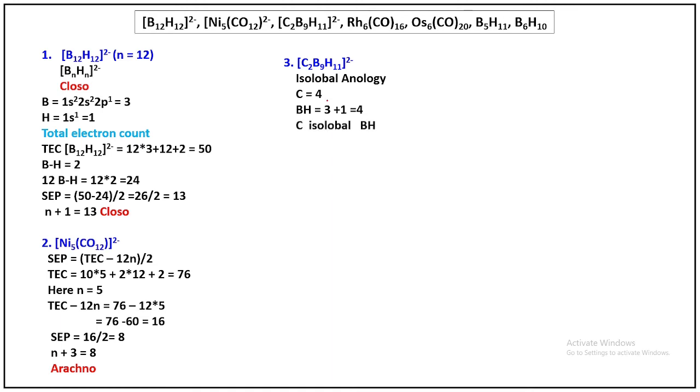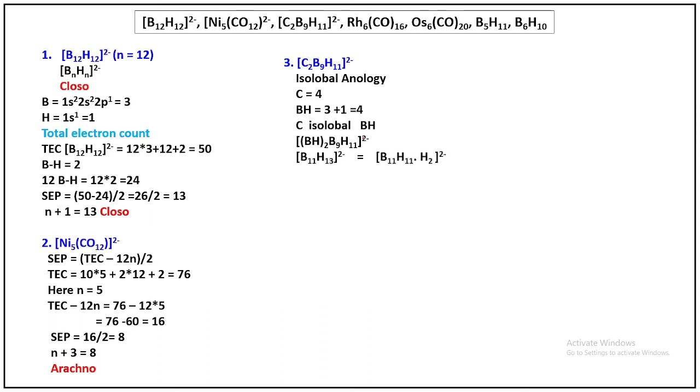Such fragments having the same number of valence electrons are called isolobal. Here, carbon is isolobal to BH. Hence, carbon can be replaced by BH in this cluster, and thus we will get BH2 twice,